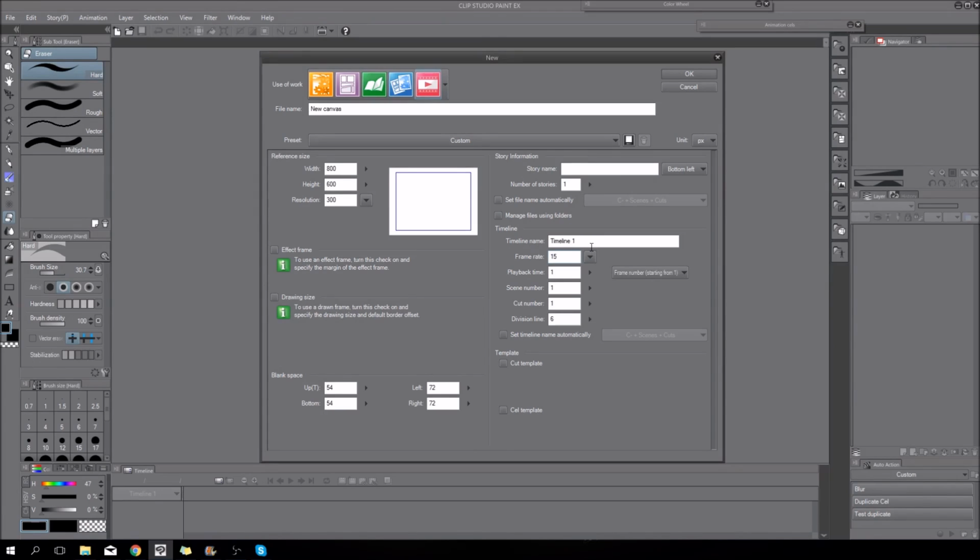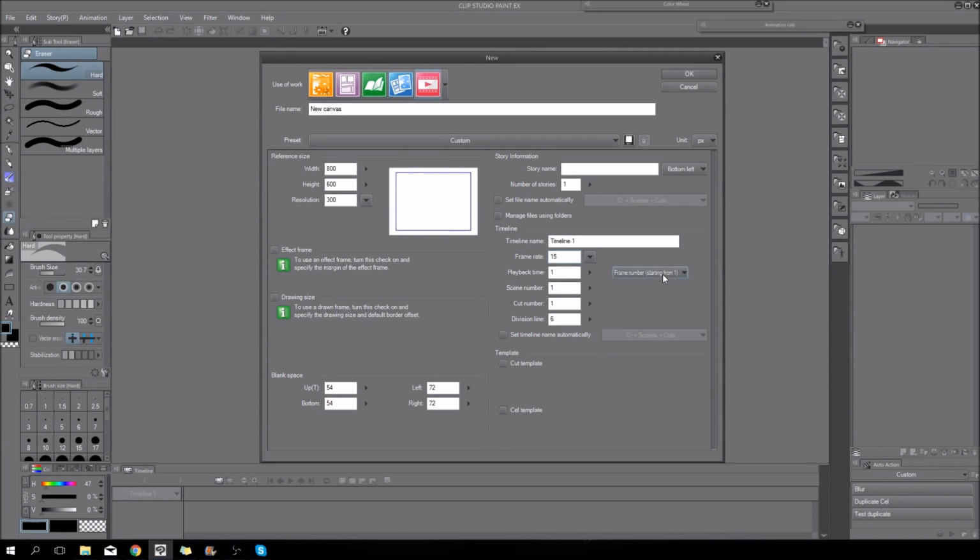I animate with 15 frames per second, so it doesn't feel too jumpy, and it's still smooth enough for me, so I still don't have to draw like 24 or 30 frames, which is standard for bigger animated movies. And 15 is, I think I heard, the frame rate for TV shows, for smaller ones. So 12 is also good, but I stay with 15. It feels right.